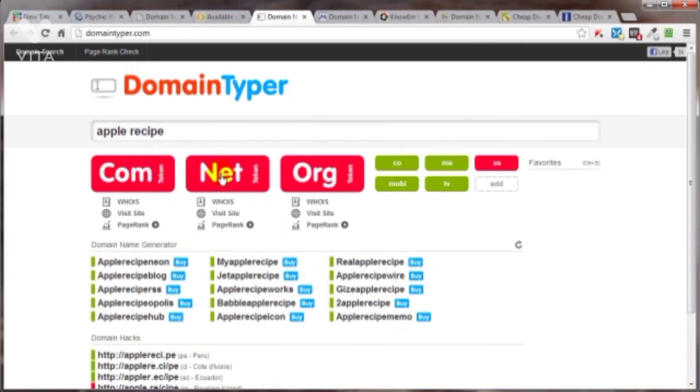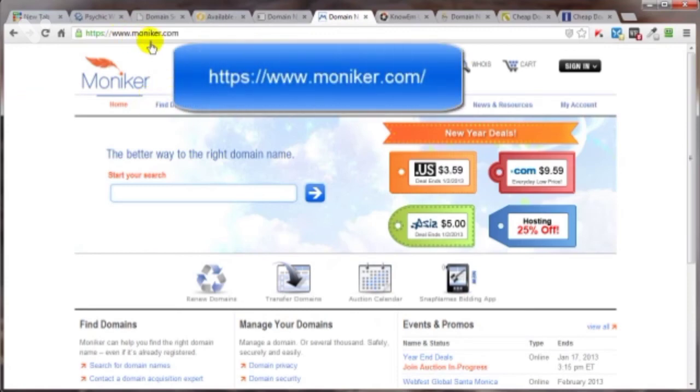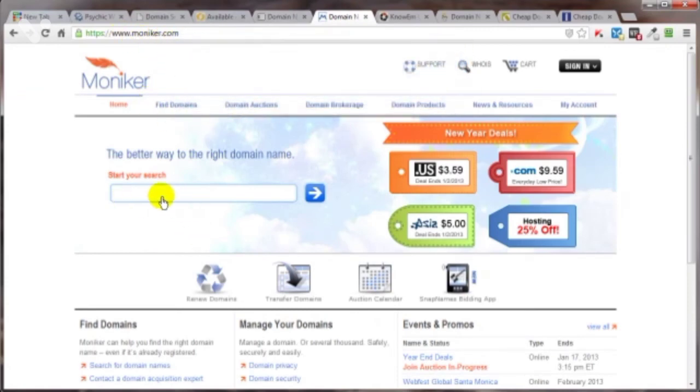But if you want to find out more about it, you've got the ability to check out the site, the whois, meaning who owns it currently, and possibly throw them a line and see if they might consider working out a deal with you. You can see how popular that current site is. That might give you an idea as to how much money they're going to be wanting for it if it's really popular, and so on. And another one here is Moniker. That's at moniker.com. It too has a whole lot of tools working with it,